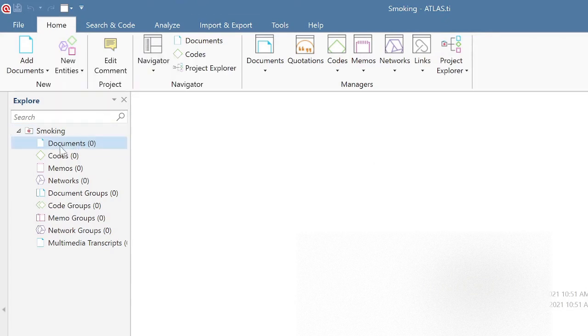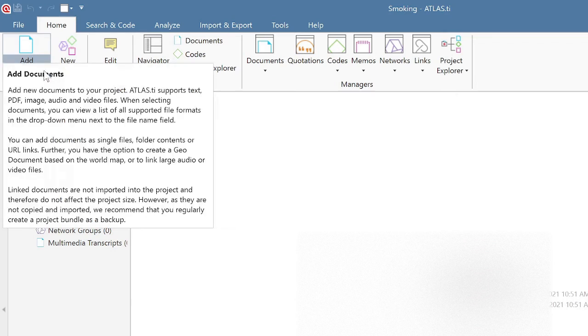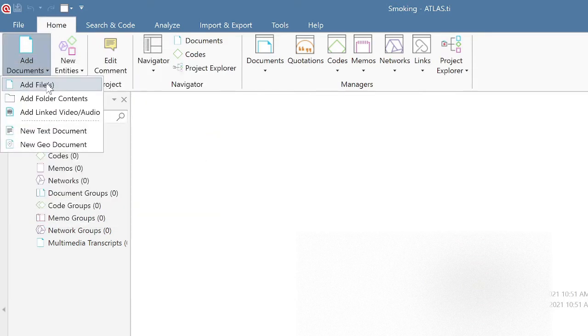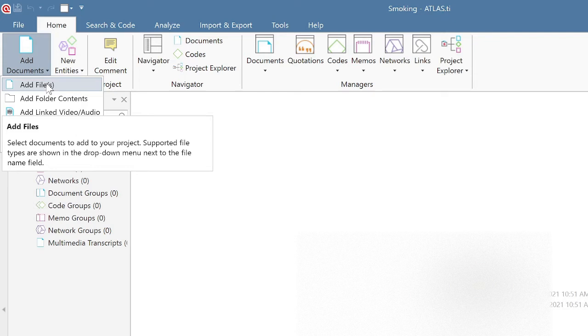So before you can proceed with analysis, you have to add documents. To add documents, you can go to add document, and here you can either add files or folder. So you can add either Word or PDF or image or video. So let's say I want to add my transcripts to be analyzed. So I go to add file